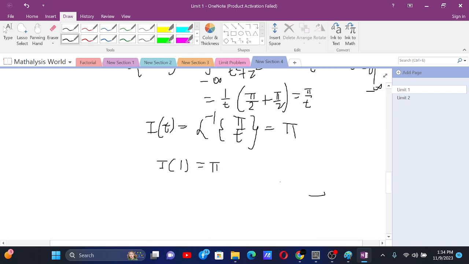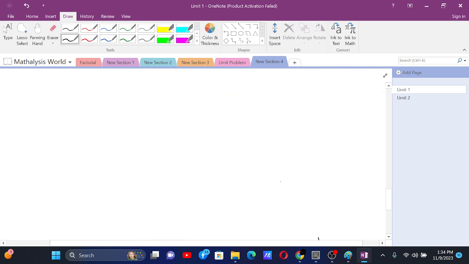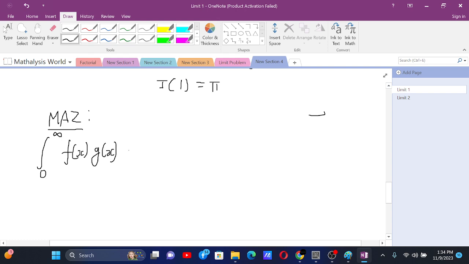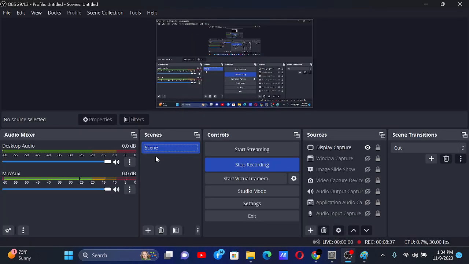Now there is another way that's way easier than this one. The other way is from the MAZ identity. So before we begin, let me tell you about the MAZ identity. So it says that the integral from 0 to infinity of f of x g of x dx equals